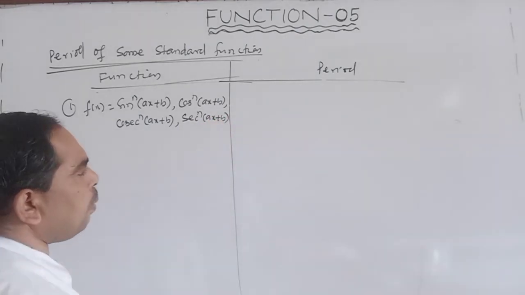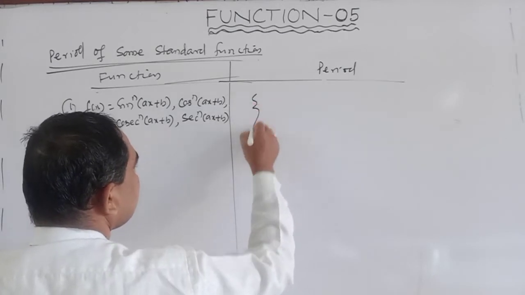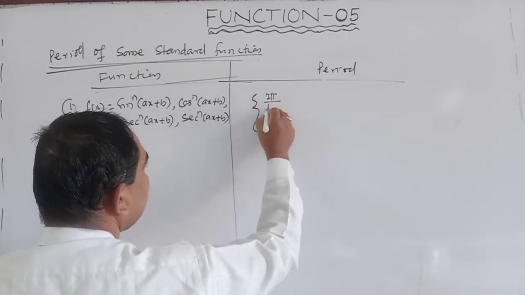Then the fundamental period is 2 pi by mod of a